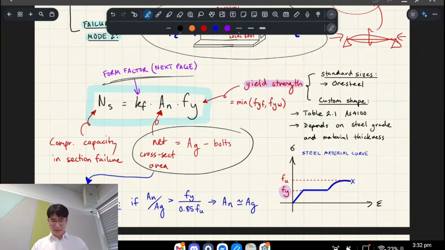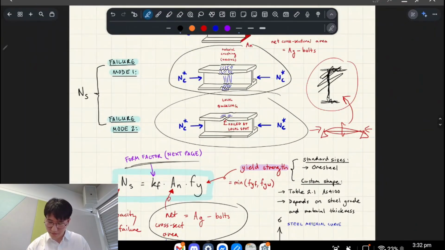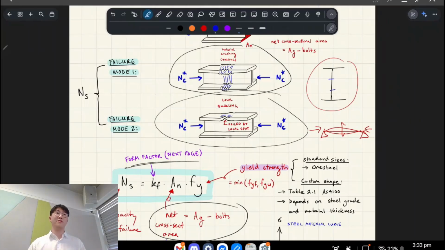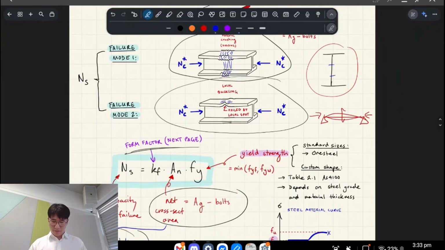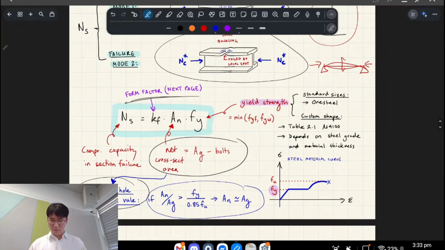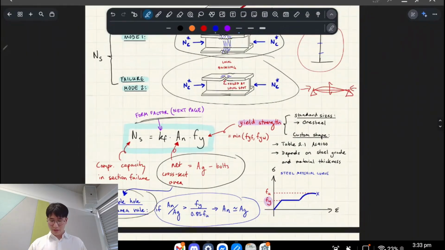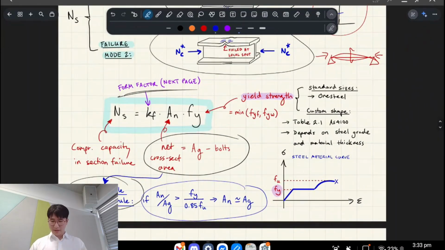Sometimes they have something called the negligible hole area rule, where if, for example, your column was huge and there's only a tiny bit of the area taken up by bolts, you might just completely ignore the bolts. It doesn't really matter, right? But this is a rule to say when you actually consider the bolts or not. A lot of the time that I've found, I just use Ag when doing compression design